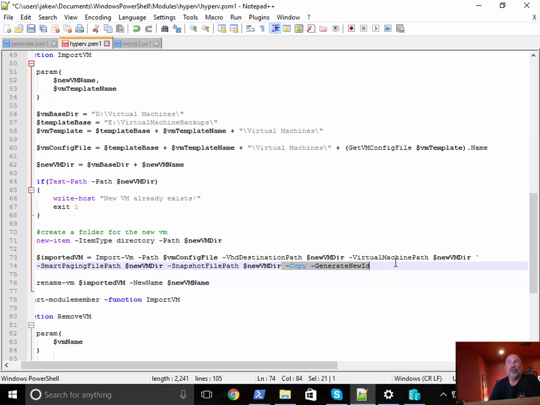These last two parameters are the important part, Copy and GenerateNewID. Copy will copy the VHD file from the template, and then we'll also generate a new ID. Each virtual machine has a GUID associated with it, and if you don't generate a new ID, all of them have the same ID, and if you spin up 3 copies or even 2 copies, things won't work very well. So you want to generate a new ID each time, and that's why I have this set up this way. So it executes this,